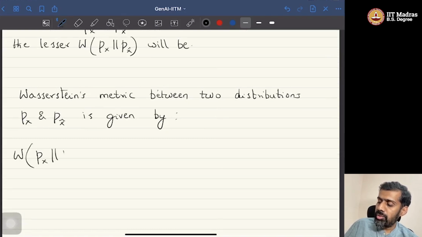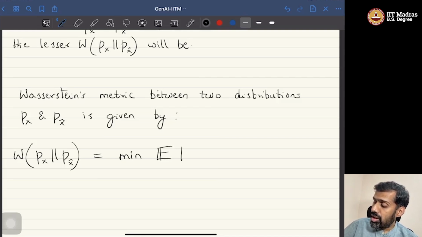So Wasserstein's metric between Px and Px cap is simply equal to the minimum of the average work done by all possible transport plans, where the minima is over